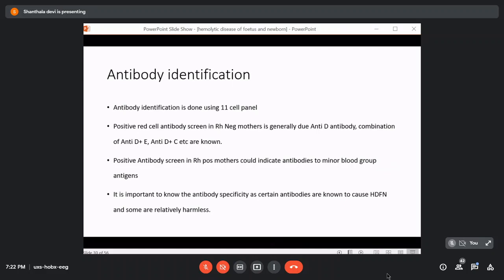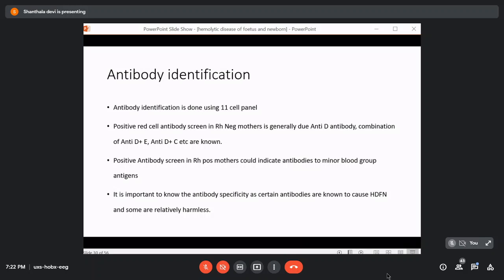Now once we have seen that there is an antibody on screening, we need to identify the antibody. Antibody identification is generally done using an 11 cell panel, and a positive red cell antibody screen in Rh negative mothers is generally due to anti-D, though combinations of antibodies like anti-D plus anti-capital E, anti-D plus anti-capital C